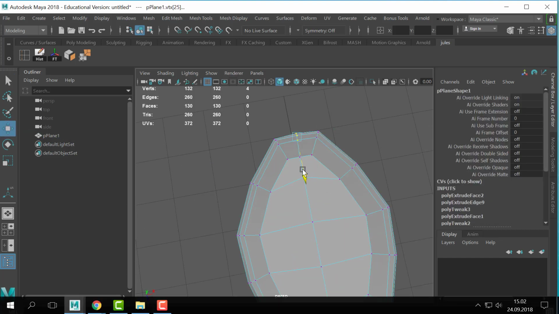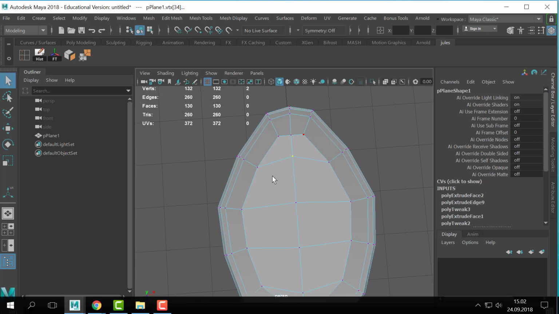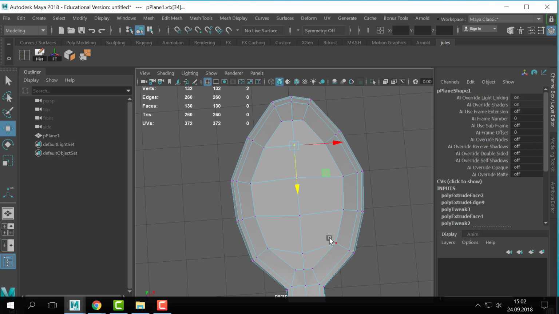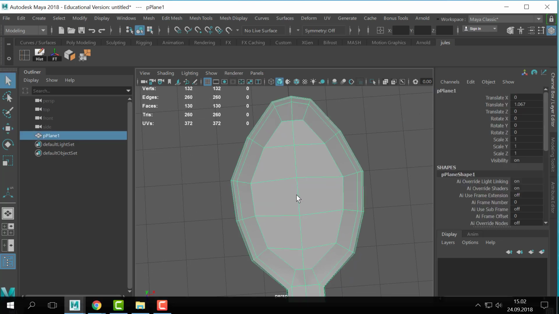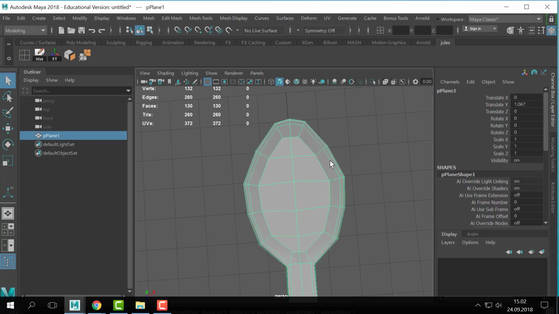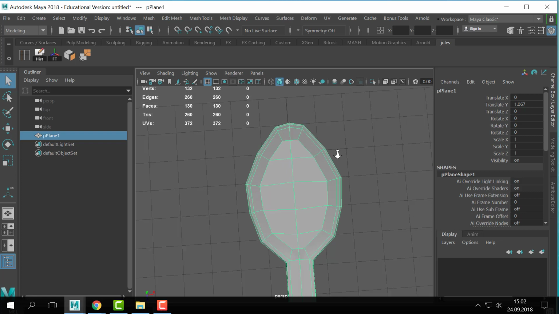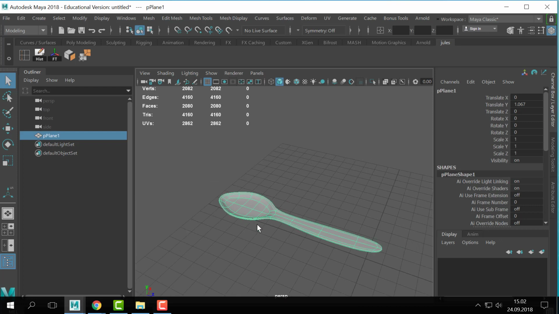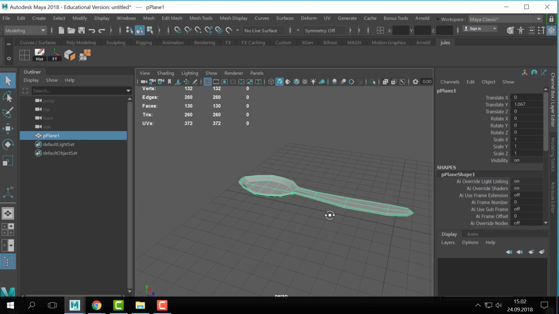And now push vertices around, like make things, okay, so this, you want happy polys. The edge flow is flowing nicely. This is only one solution. It's not the solution for how to make a spoon. You're just sort of, yeah, I built this from whatever. So if I wanted to tweak the